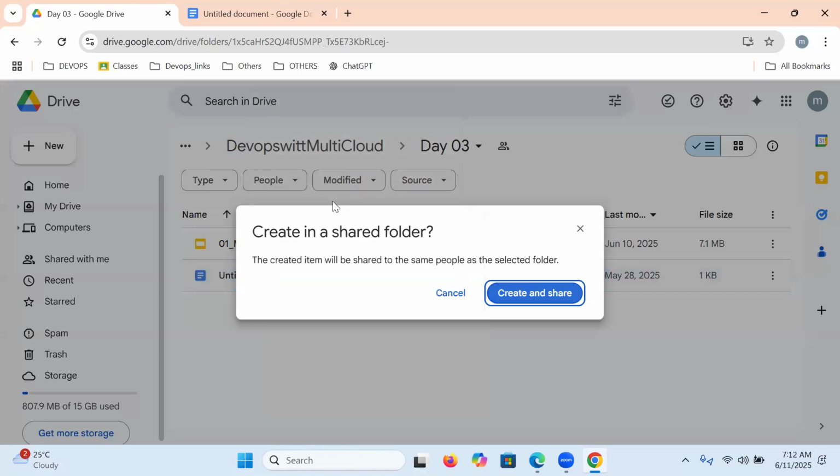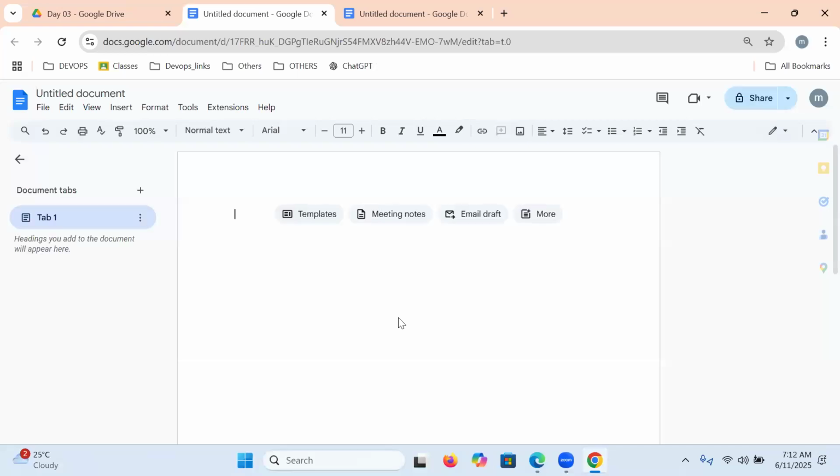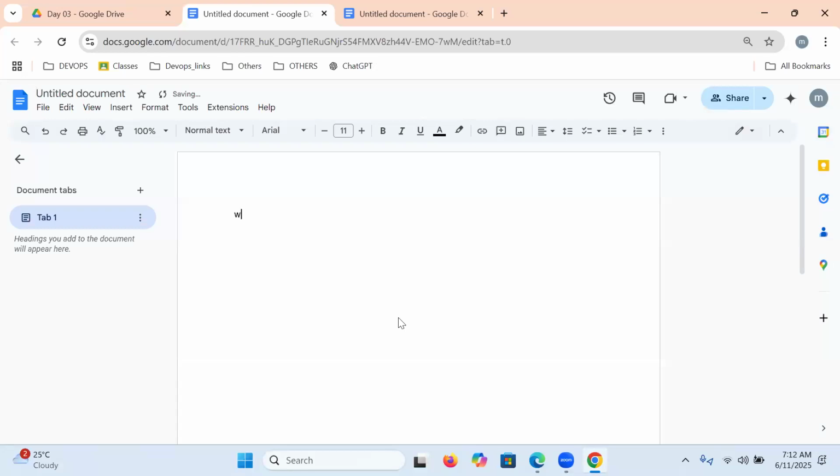Let us understand the first roadmap, guys, please. Okay, for today. Up to this point, what we have understood?